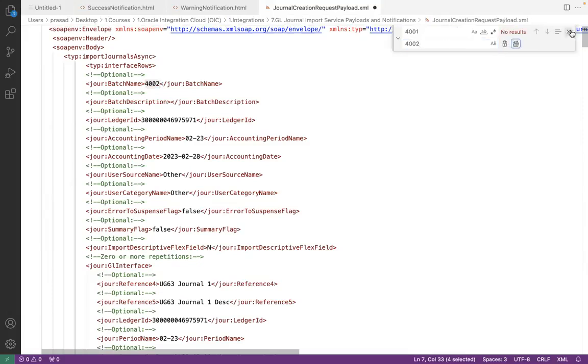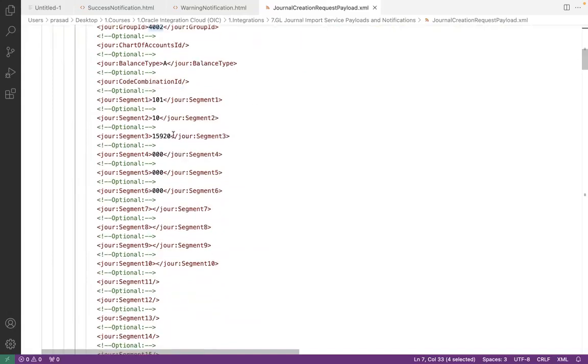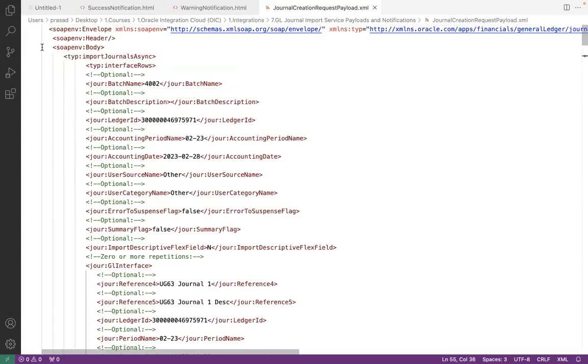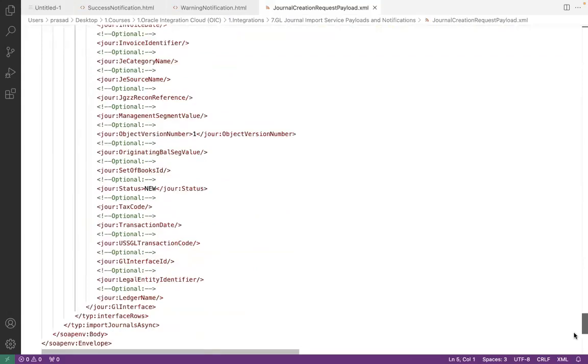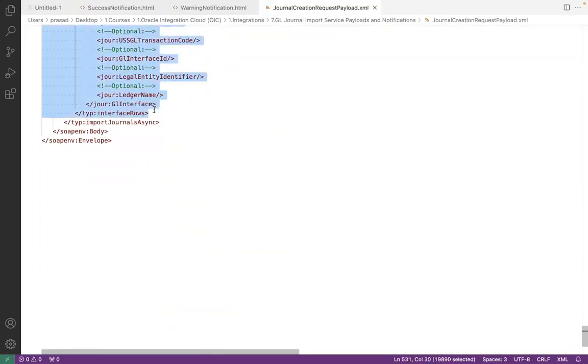So let me change the batch identifier. I'll do a replace all, and I'll change this to 15921. And I'll change this to 15921. So you pick up the interface rows, copy this,